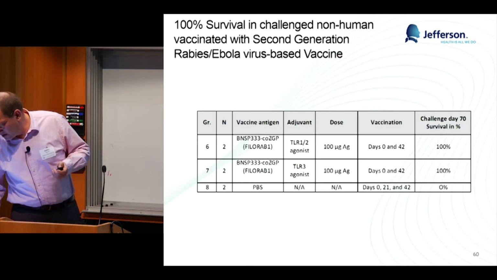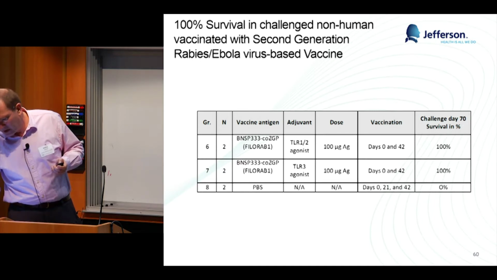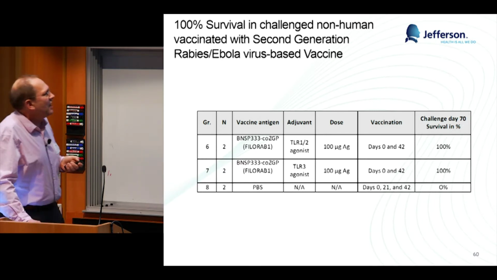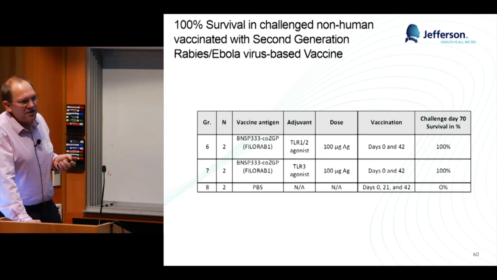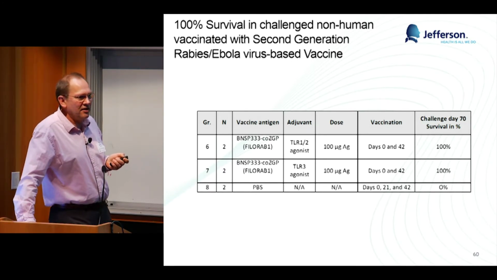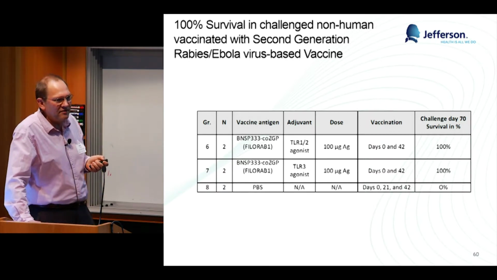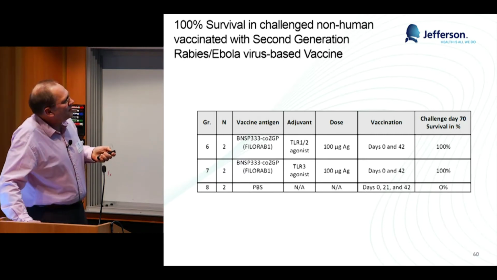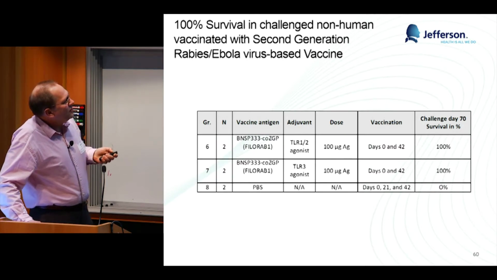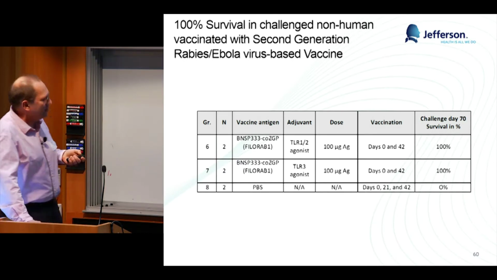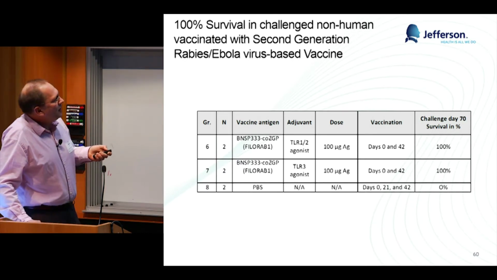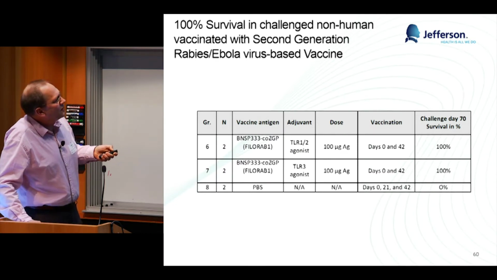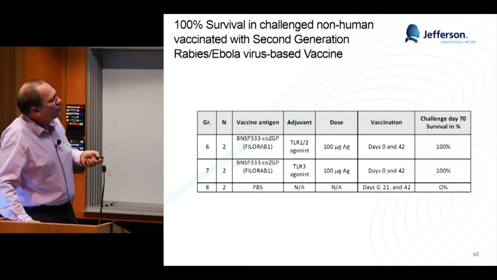And we did one quick experiment, which is also a little bit confusing because we had to use adjuvant. Basically, I got 4 monkeys from the NIH, but they wanted to test new adjuvants, and they said, without adjuvants, we don't test your vaccine. And I said, okay, what can you do for non-human primate? We reduced the amount of antigen, so that's a new particle. One used the TLR1/2 agonist, one a TLR3. It's from a company, so I can't tell you what it exactly is. They were immunized twice with 100 microgram, and we had 100% protection after challenge.